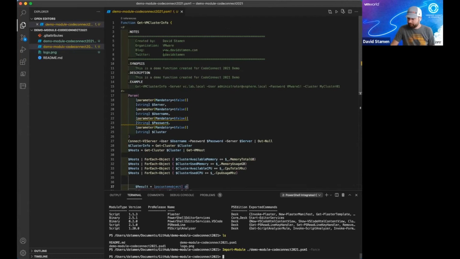Once that is there, the best part about building a function is making sure you do it accurately. You put in notes, you put in a synopsis, you put in descriptions, you build an example. A lot of this will be passed through the actual function if you ever have to do a Get-Help. And so in this case, what I am going to do is